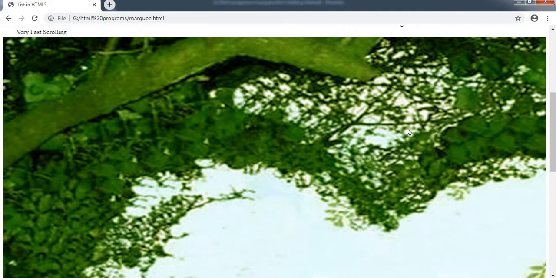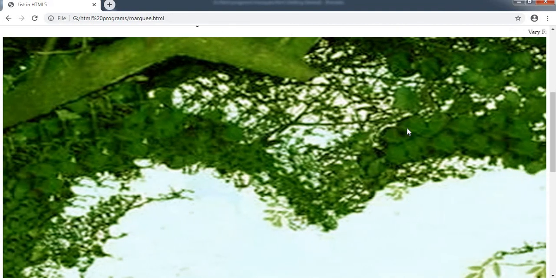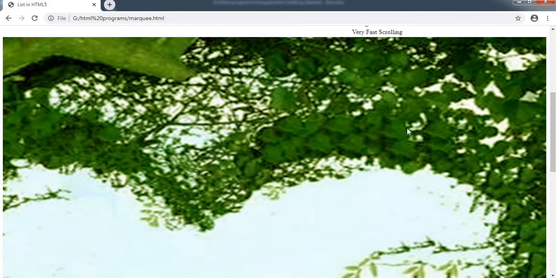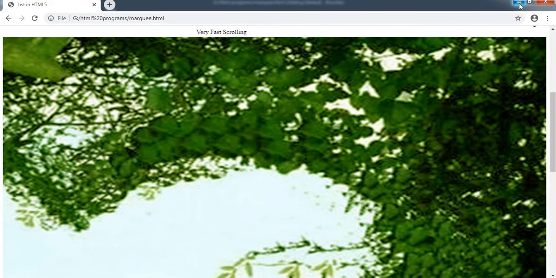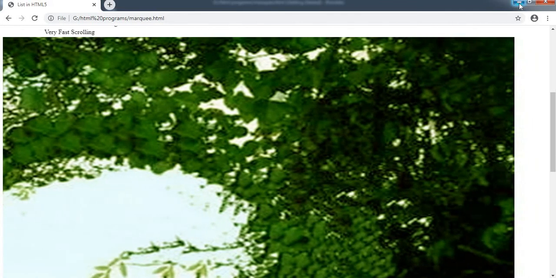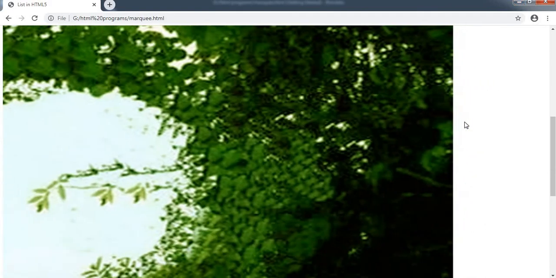See, it is the first image, and the scrolling speed is slow, that's why it is moving slow. So now the second image.